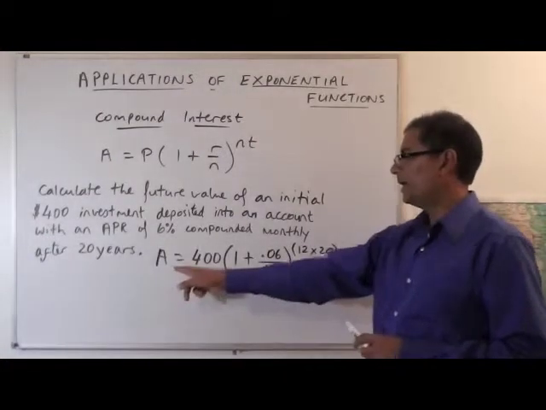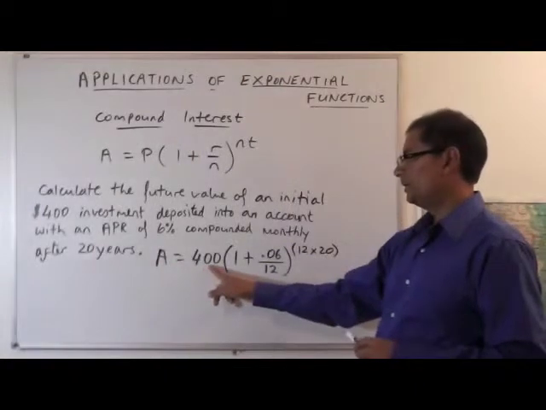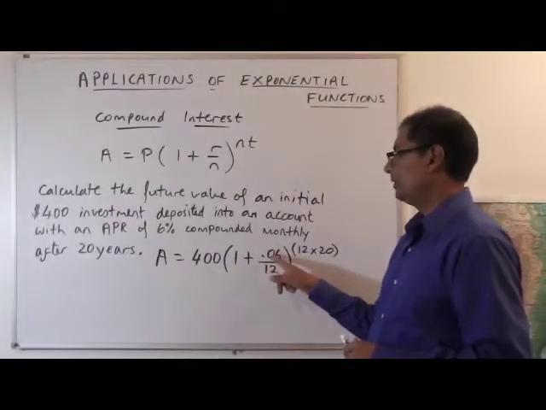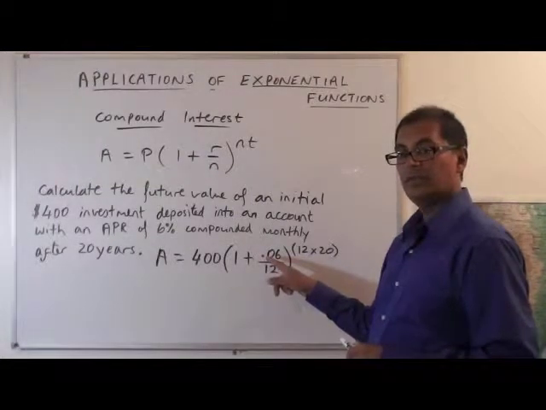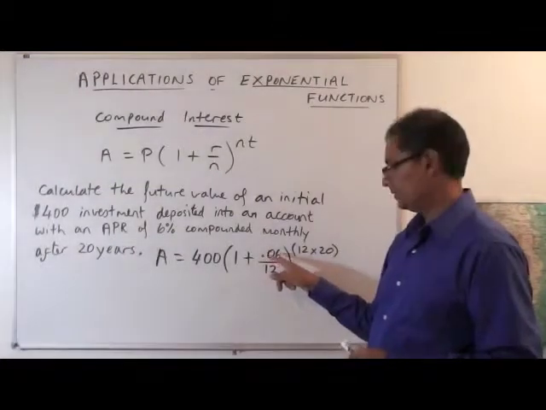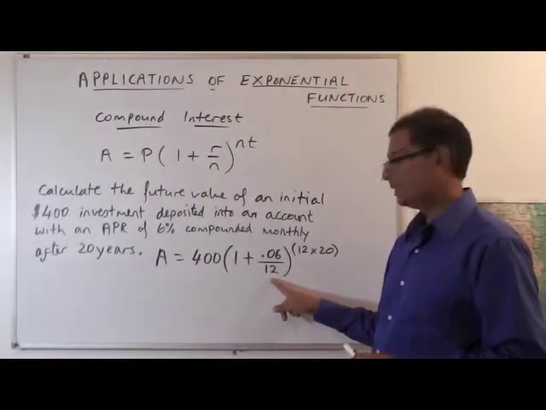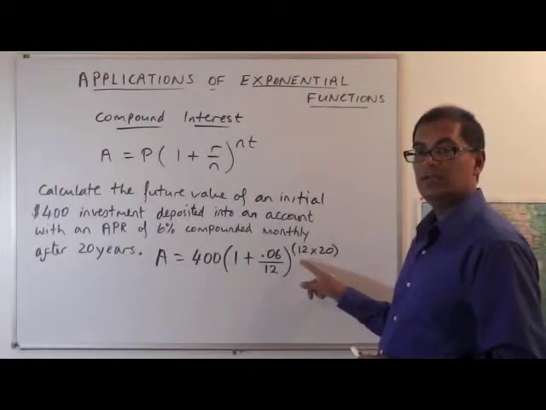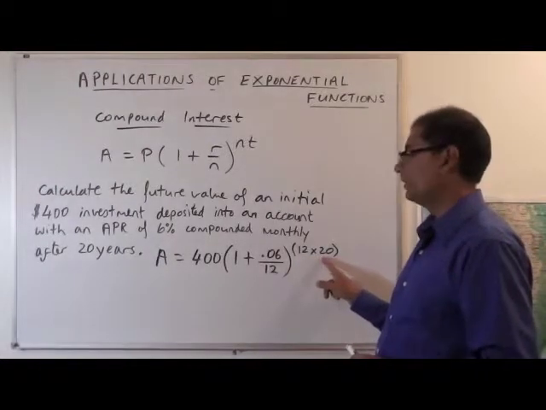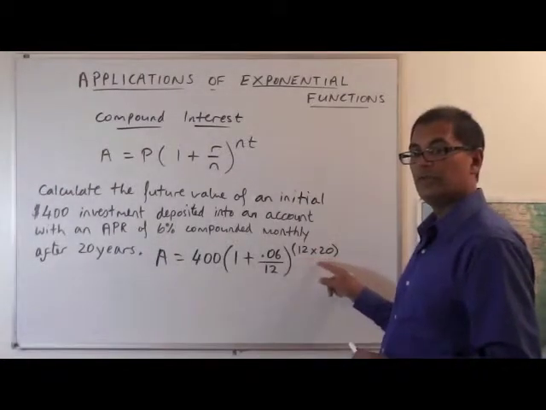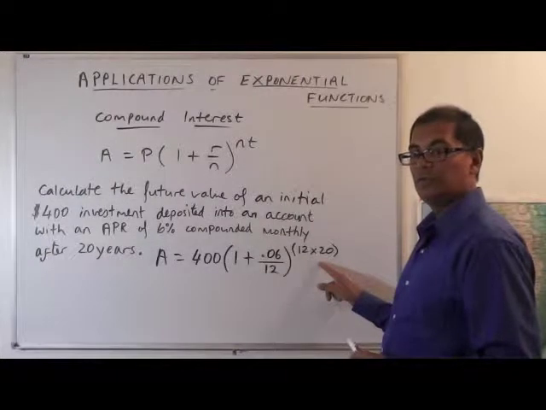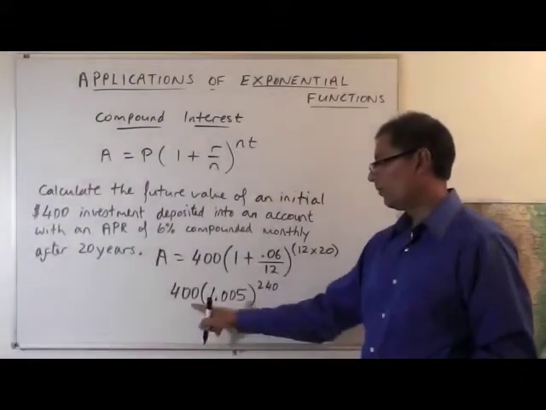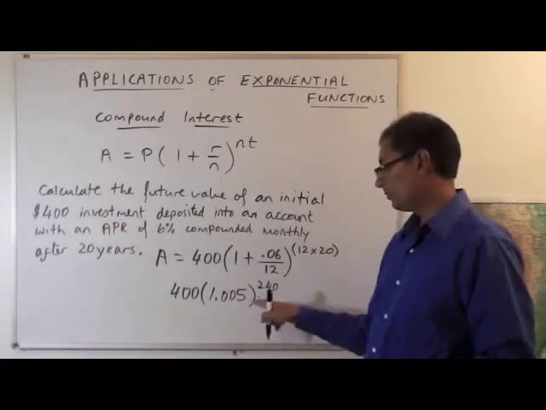So we have A, the future value, equals the initial amount, the principal, 400, times 1 plus the interest rate, which is 6%, so we make that 0.06 as a decimal, divided by 12 months a year, close that parentheses, raised to the n times t, 12 times 20. So if we calculate this out a little bit further, we get 400 times 1.005 to the